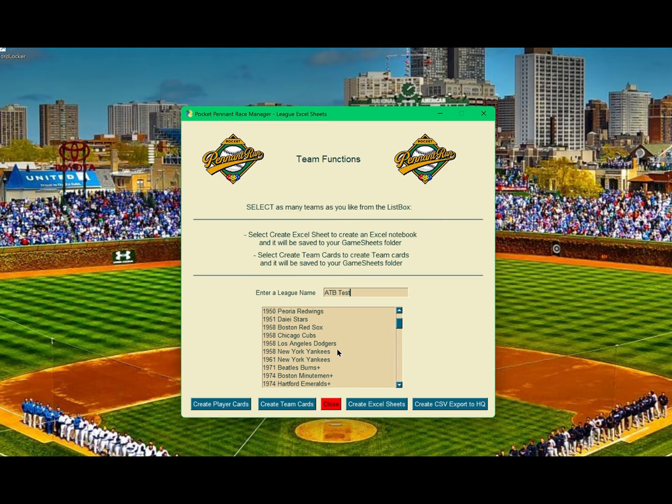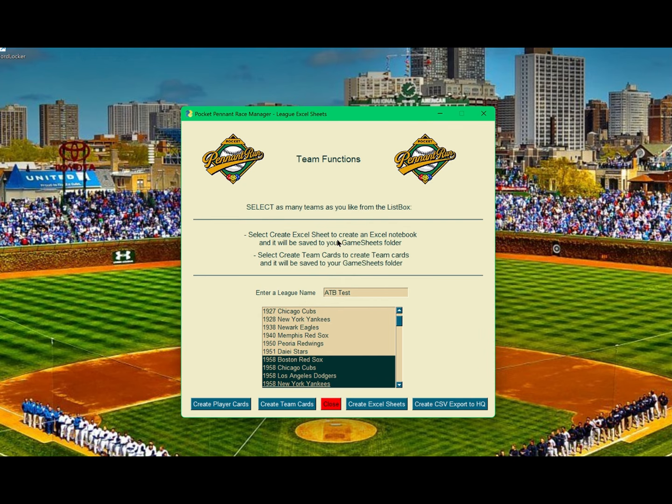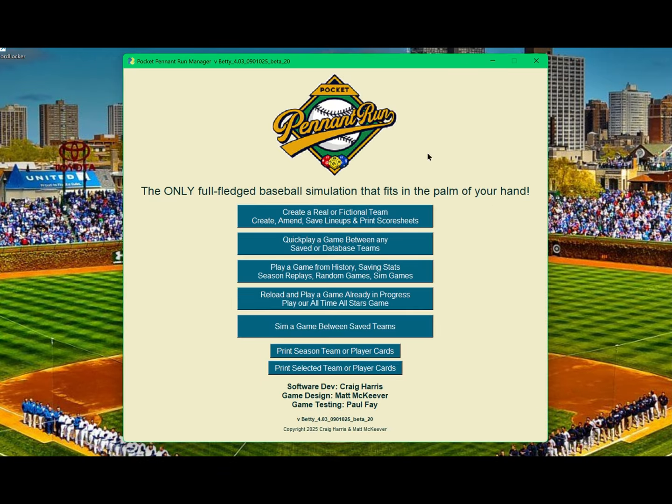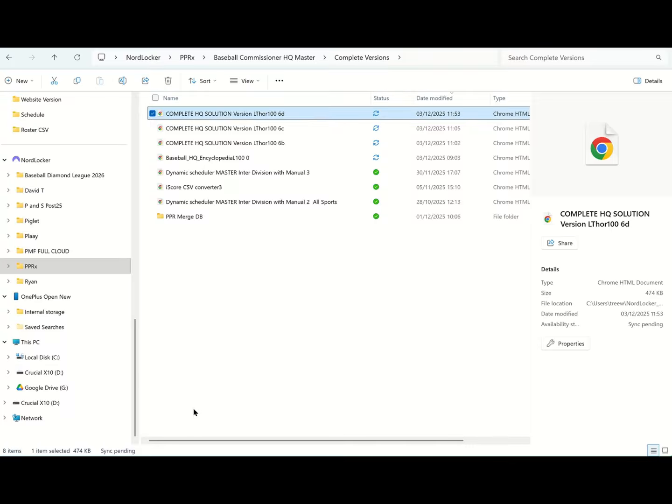And we pick the teams that are in our project. You can see these are all my custom teams that are already saved. So we'll pick these 4 teams. And what we want to do at this point is create a CSV export to the HQ, because that's what it'll do. And that was created successfully. So we finished in Pocket Pennant Run now. For the time being, it's served its purpose there. What we need to do is go into